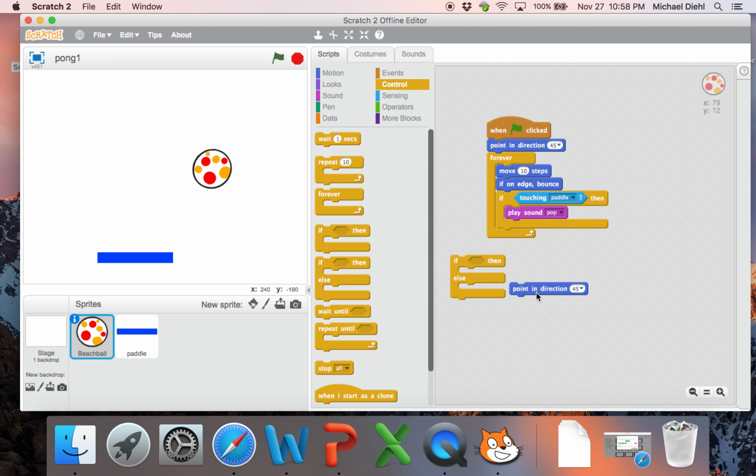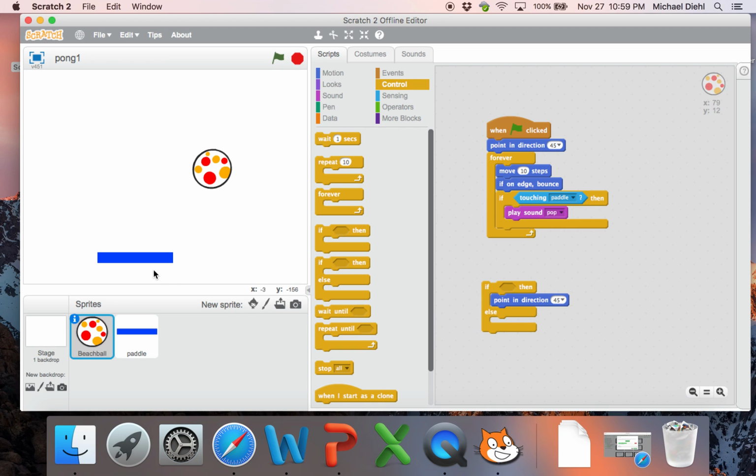So what does this guy say? This is similar to the one we just grabbed a second ago to say, are you touching the paddle? Or if you're touching the paddle, do stuff. This will let us say, okay, if this is true, do this, but otherwise do this. So instead of having one case, if you have an either or situation, this is perfect for you. So what is it that I want to detect? I want to detect if you're coming in from the right, go left. If you're coming in from the left, go right. So go right